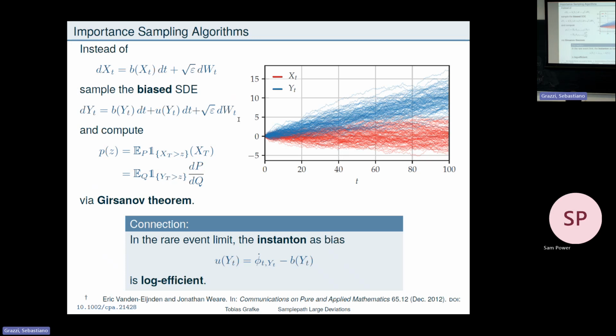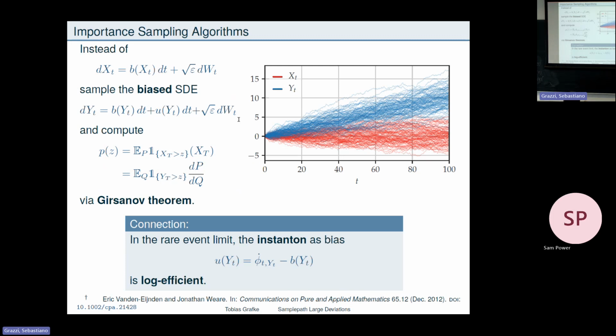This is, in a sense, the fluctuation dynamics that I was mentioning earlier, that I was computing exactly in the low noise limit, but here I'm saying instead, sample this. So this fits exactly to the idea that you had in mind, right? And it's true that this is provably log efficient under some conditions. The problem is that this is not really practical for a Monte Carlo algorithm. So I guess I'm spilling the beans here.